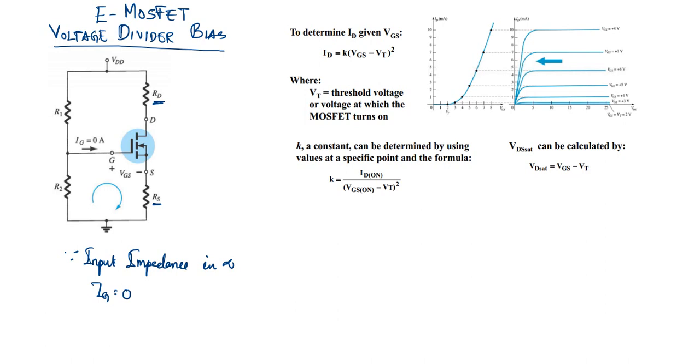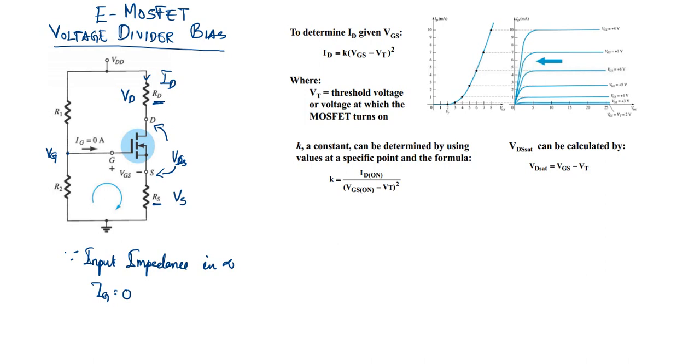So here Ig is equal to 0 and the voltage at this point is Vg. The voltage at this point is Vg. Here already it is written Vgs, and we can find here Vds. So the voltage at this resistor will be Vd. Here the current flowing will be Id. To say exactly, the voltage at this point will be Vds, and the voltage in this resistor can be denoted by Vs.